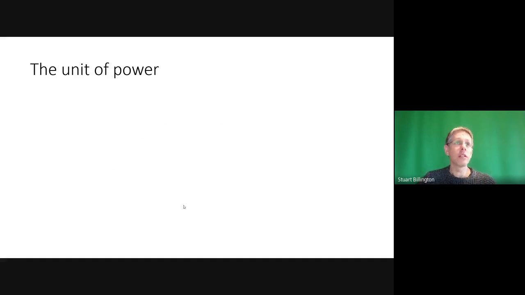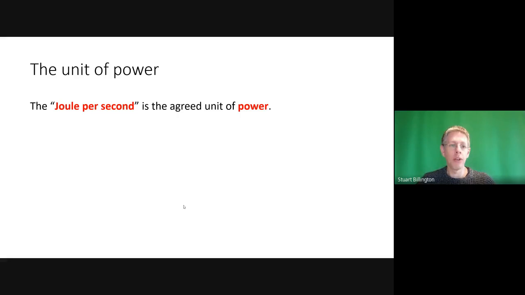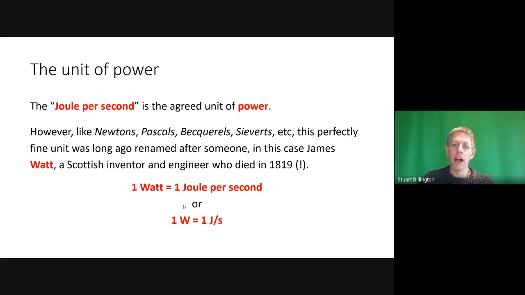So units, well, we've just agreed that we will use the joule per second as the unit of power, as opposed to the joule per 8 seconds. We're going to use the joule per second. And these slides are just like the ones for potential difference and current. So you've seen this one before. What we're going to do is take the perfectly